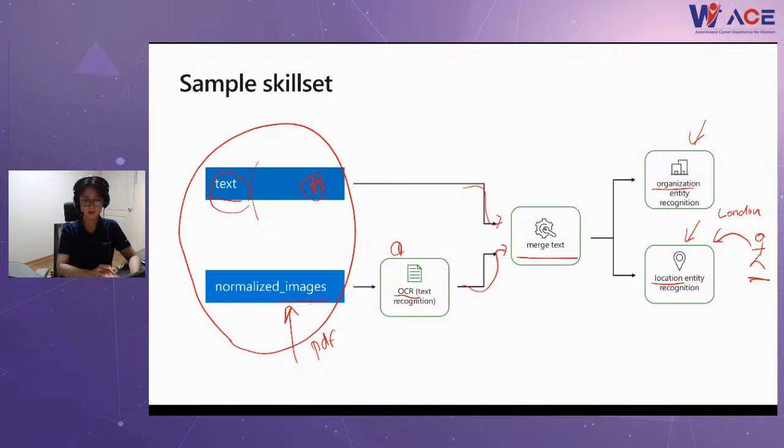But the embedded image has that information, London location, London landmark or London text. So with this feature, the end user can find this document by searching for London.